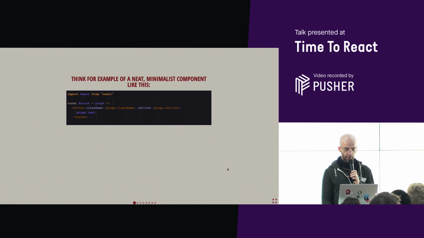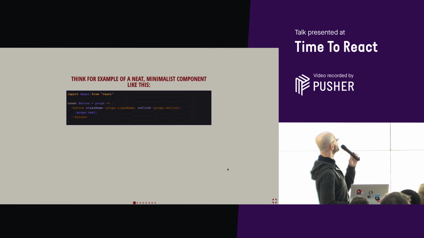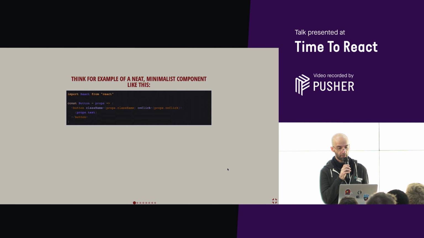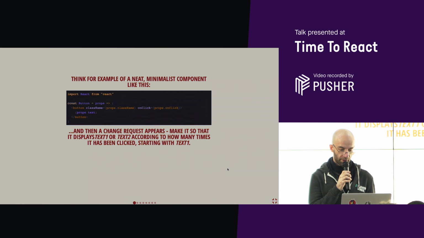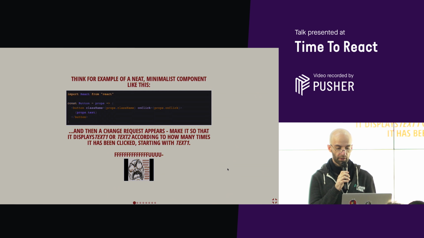Let's move on and see a typical use case. I wrote here the silliest component I could think of, a button component. Super simple, function component. As you can see, it's taking props, and from the props we expect a class name, an onClick event, a text, and we proceed like that. It's all super clean and super nice, and it works pretty fine as long